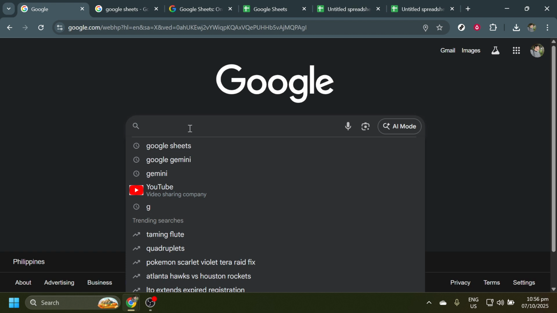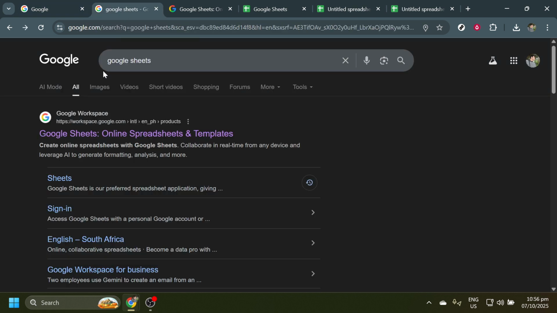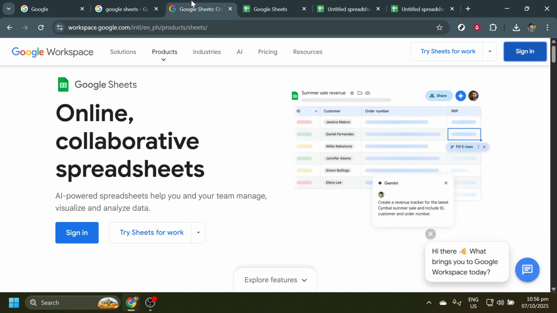Once you're there, in the search bar, type in Google Sheets. This will lead you to a selection of search results. But what you're looking for is the Google Workspace website, where Google Sheets is hosted. Clicking on the Google Workspace website link will take you to a platform that offers a suite of productivity tools,